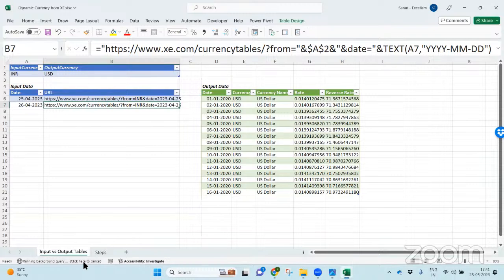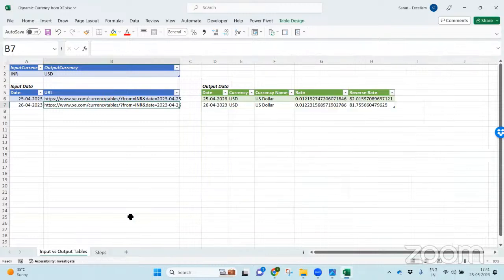It's still running the background query. Don't worry. It's trying to access the data. Ideally, it should not take this much time if your network is good. But the first time you try, it takes a while.